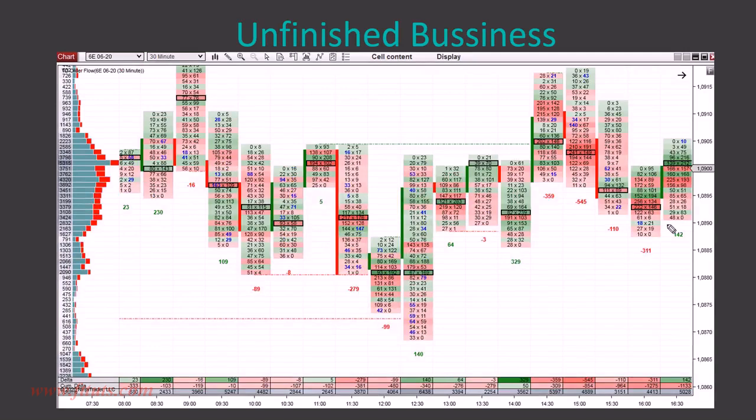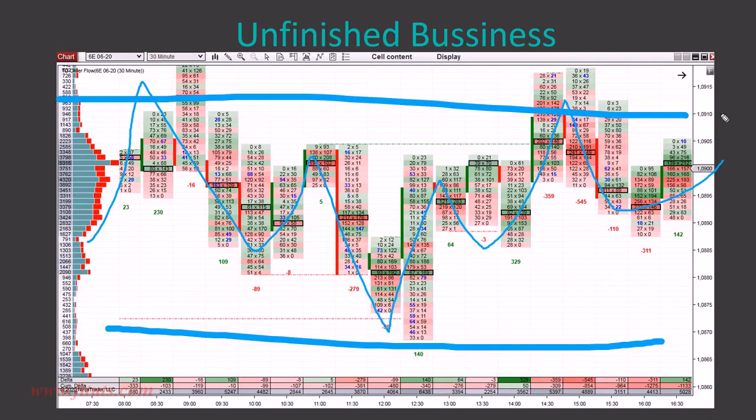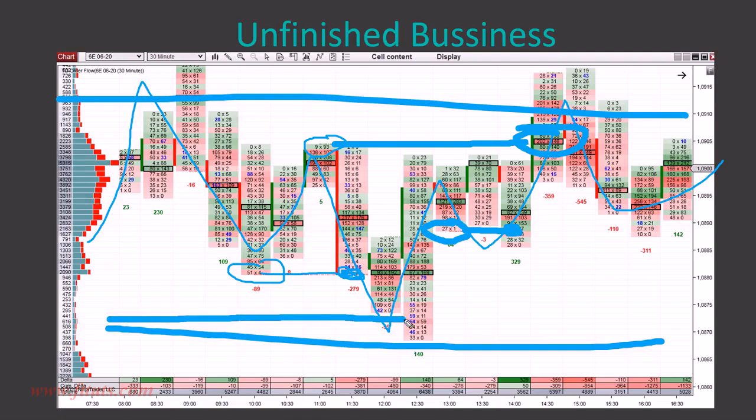Now this is the last example. Again, you can see that the unfinished business is working as a magnet. In this case, this is sort of a rotation. Price is just making its way in a sideways movement, and all those unfinished businesses are covered pretty quickly. This unfinished business gets covered in here. This unfinished business gets covered in here. This gets covered in here. And there's also some older unfinished business which gets covered in here.